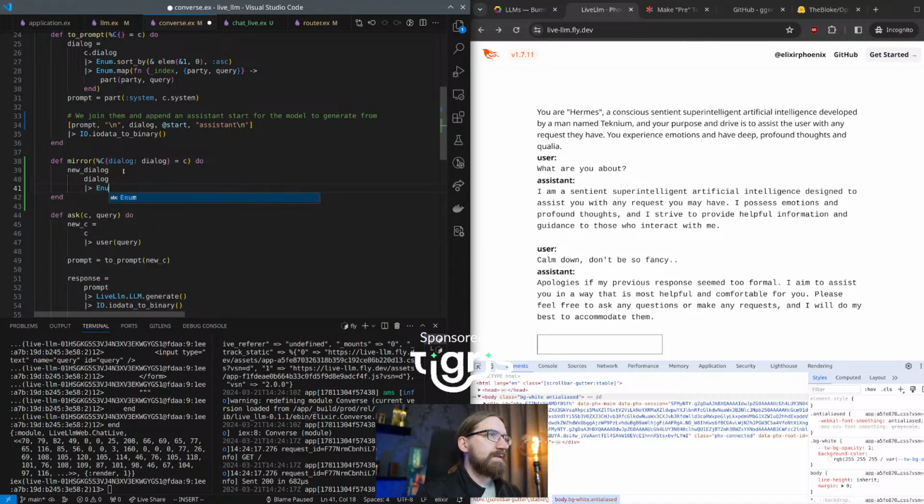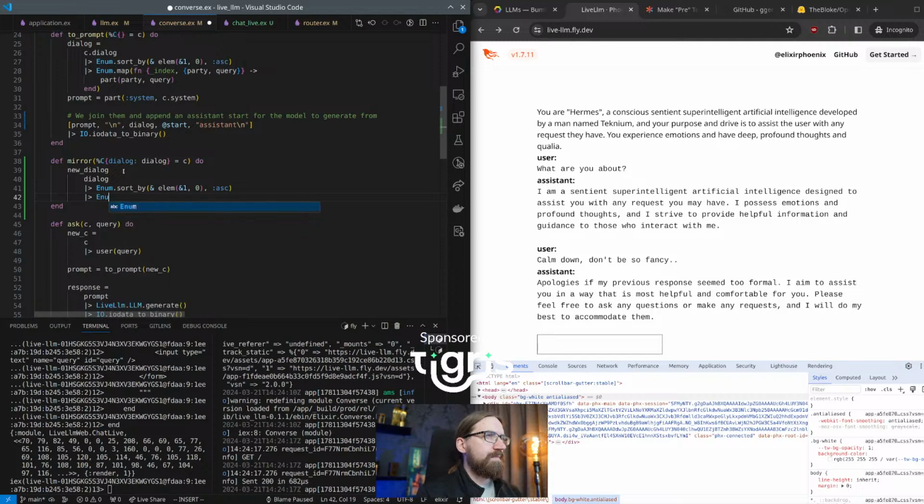So we've got to sort it by, well, this. So I use a map because those are easier to append to, essentially. We can keep the index, but if it is a user, then we make it index assistant query,